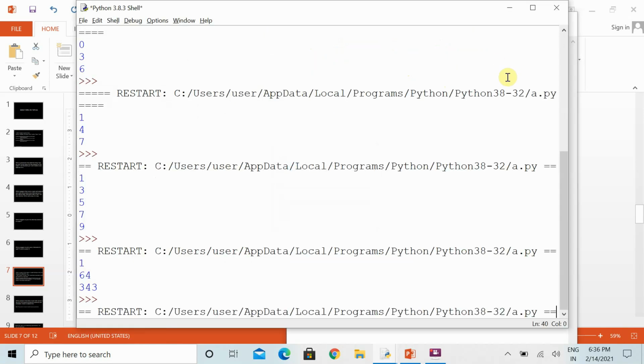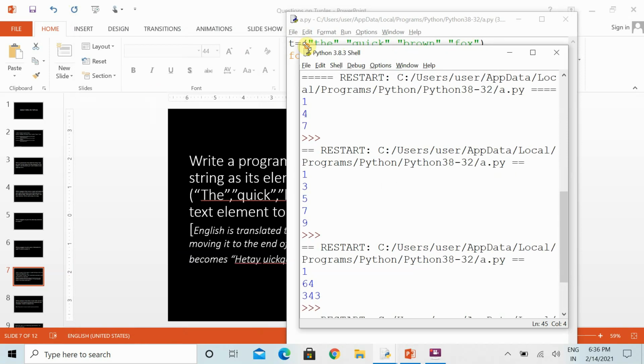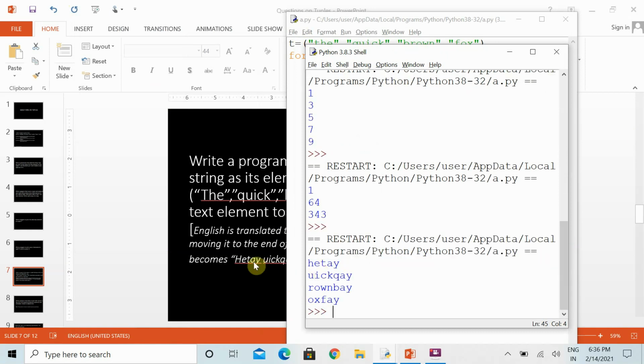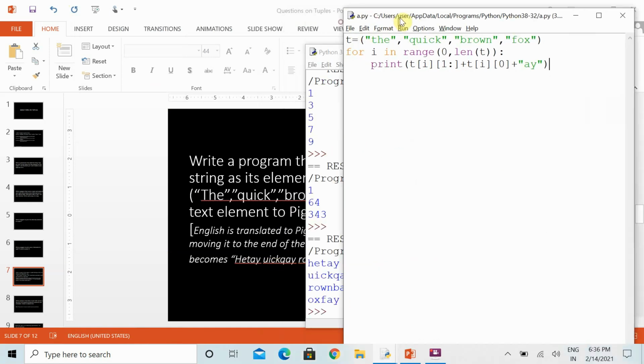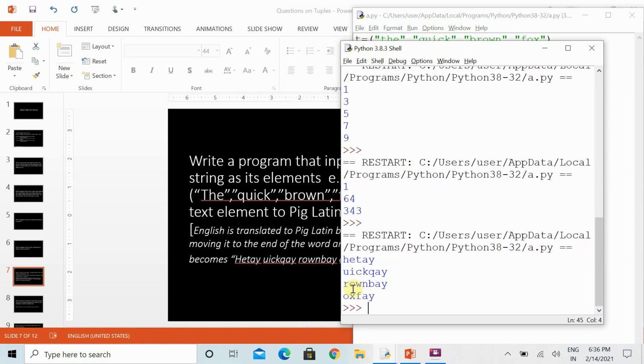Let's see what we get. Now you can see in this way we can get the values, like ROWN and PAY.